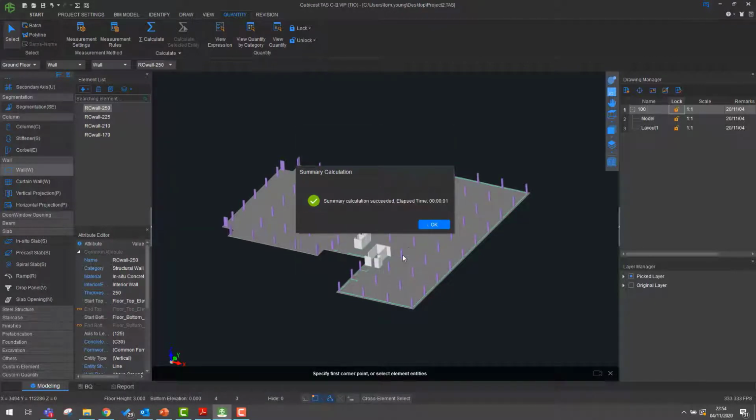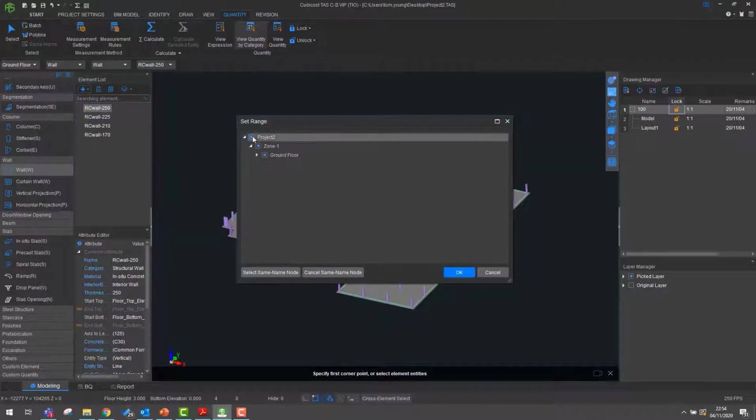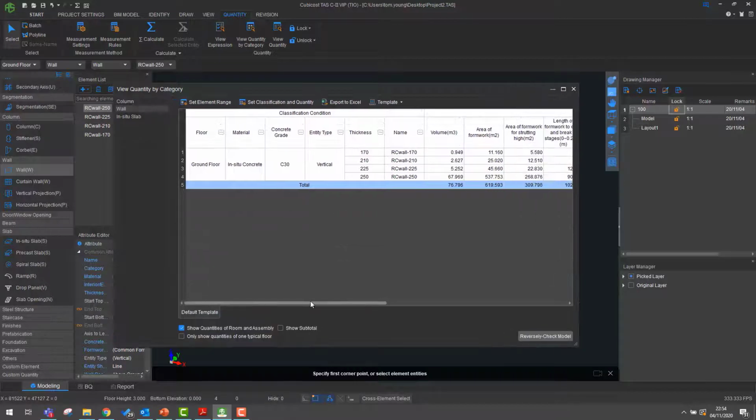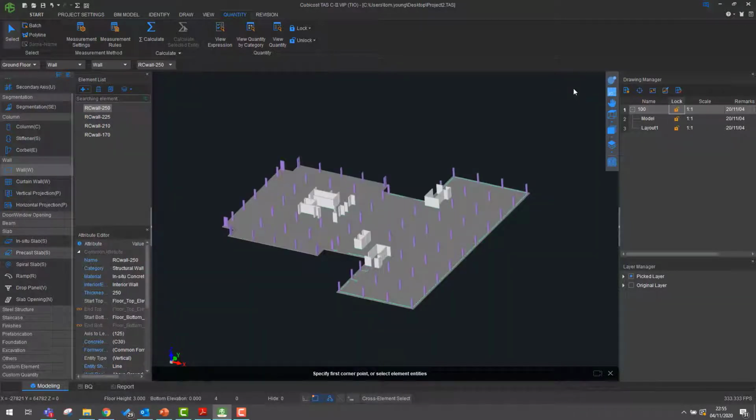So an example is the set of measurements that we have in this report, which is the overall quantity report for the walls, is different to that of a column or a slab, and then based on the material it's different again. So here for the walls we've got volume, formwork, edge formwork, so very similar to a slab but not quite the same. If I was to place in an item, for example a steelwork item,